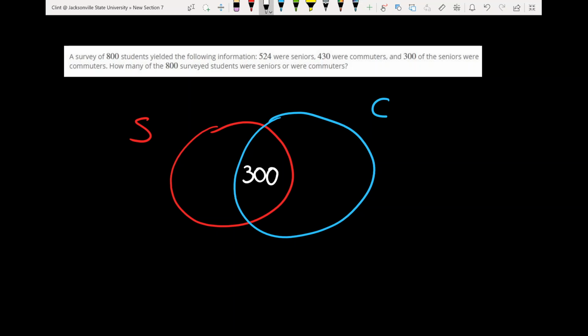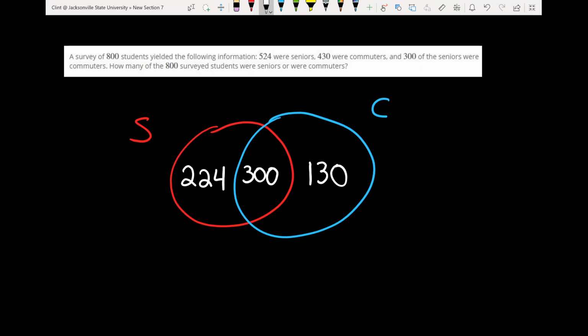Okay. So now if we work backward, it says 430 were commuters. Okay, so inside of our commuter circle in the blue one, we want 430 total, but we've already got 300 in there, so we got to subtract. So 430 minus 300 will leave us 130 that were only commuters. Okay, right? So that way when we add these together, 300 plus 130, we get the total of 430 that belong in that circle. Okay, now going over to the other side, we've got 524 were seniors. Okay, so inside the red circle total, we want 524. We've already got 300 in there, so we subtract, and that leaves us